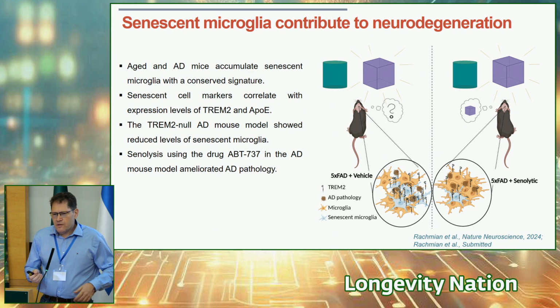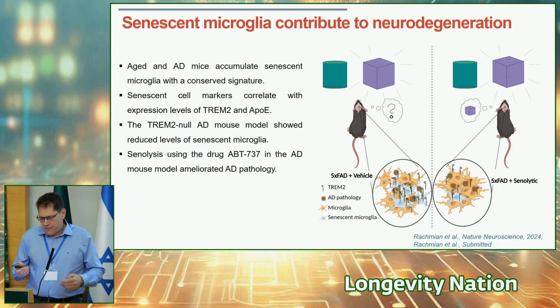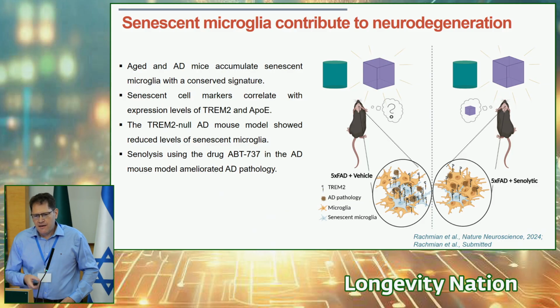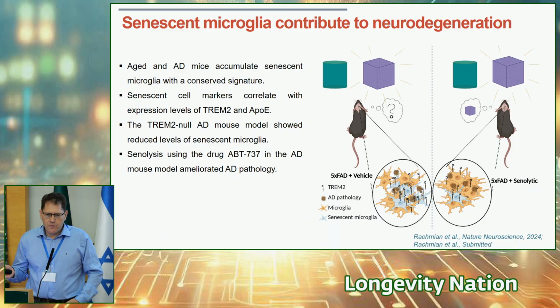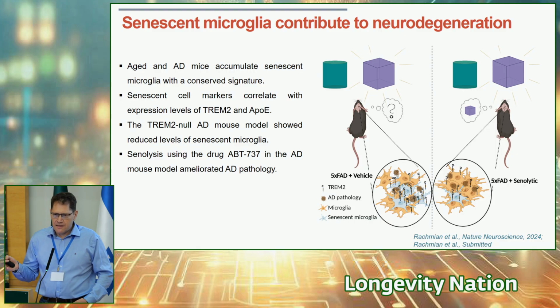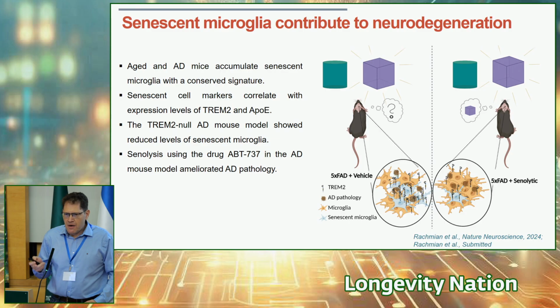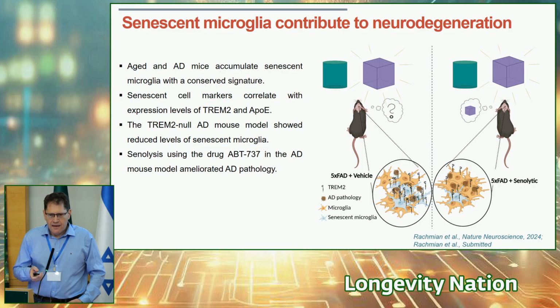So we also looked at the molecular mechanism, why this senescent microglia form, and this is because of TREM2. We have looked at TREM2 knockout mice and have seen that there is a decrease in senescent microglia in the TREM2 knockout mice. One interesting thing is that if we treat with the senolytic that eliminates senescent cells from the periphery, we could not only reduce the amount of senescent microglia in the brain, but also observe improved,